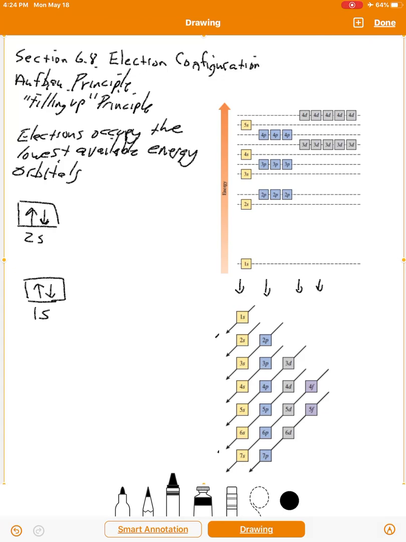So what happens is, if you have an atom with a lot of electrons, meaning more than 2 or 3 or 4, the electrons start spreading out into these atomic orbitals, starting with the lowest energy orbital first, 1s, followed by the second available orbital, the 2s, followed by the next available orbitals. There's 3 of them, the 2p. And once each of those 2p orbitals is full, then the 3s gets filled. And then once the 3s is filled, then the 3p gets filled, and so forth and so on,